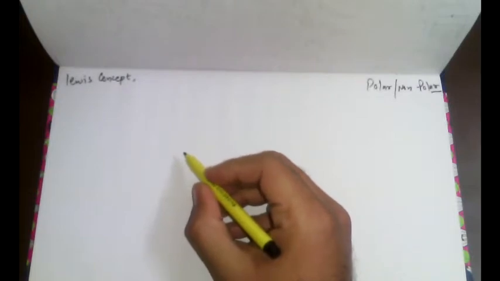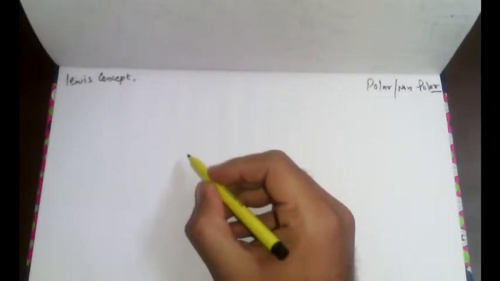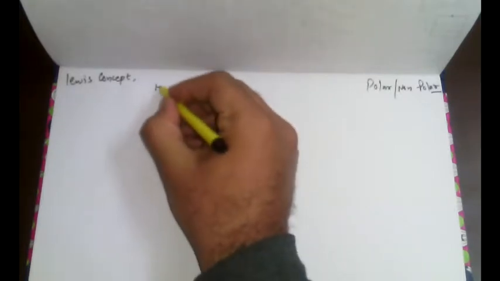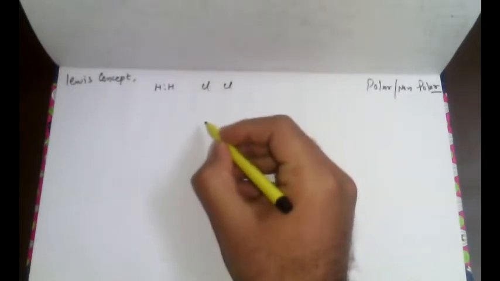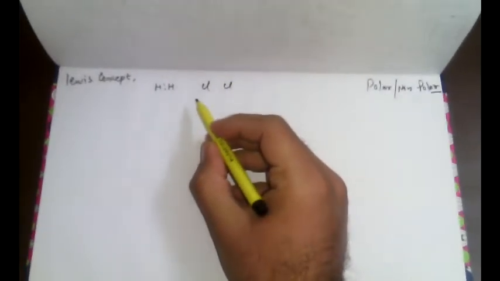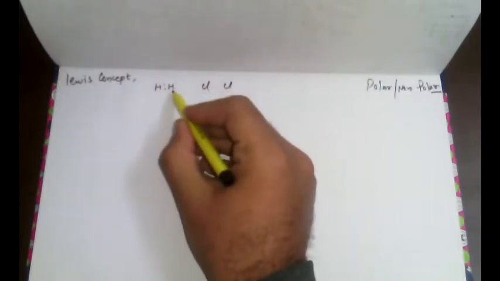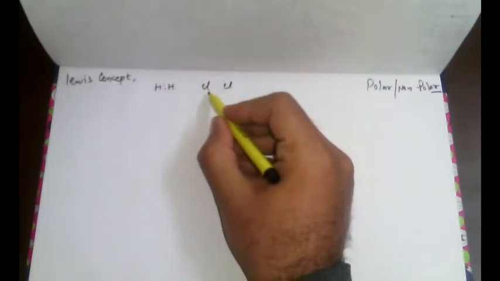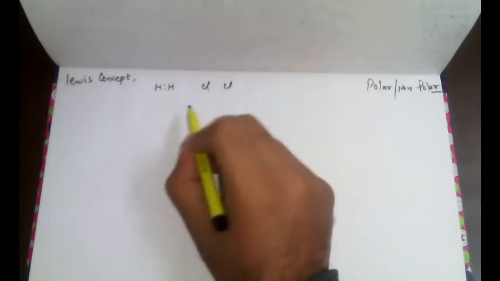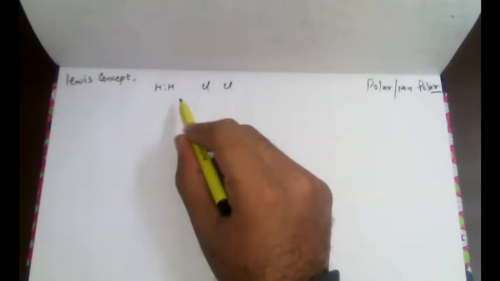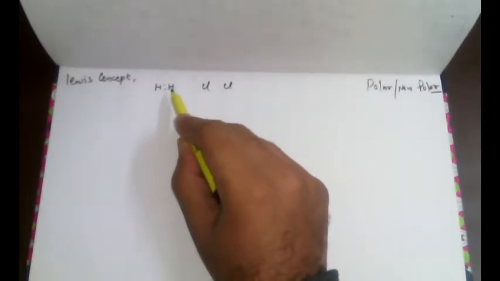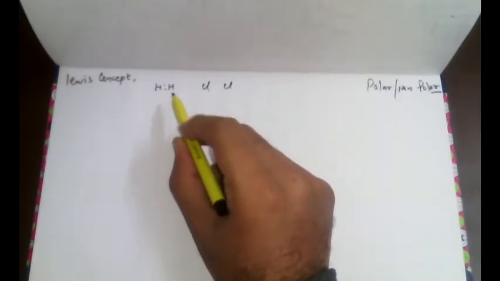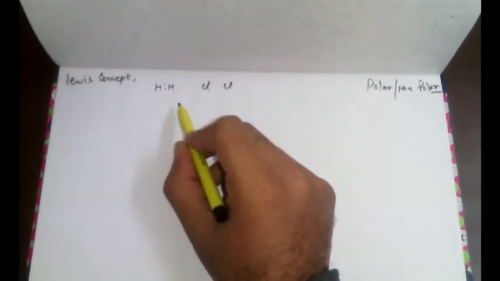If the atoms joined by the covalent bond are the same, taking an example of hydrogen, or of chlorine, then the shared pair of electrons is equidistant to both of them. In other words, it lies exactly in the center of the bonding atoms. As a result, no poles are developed and the bond is called a non-polar covalent bond.